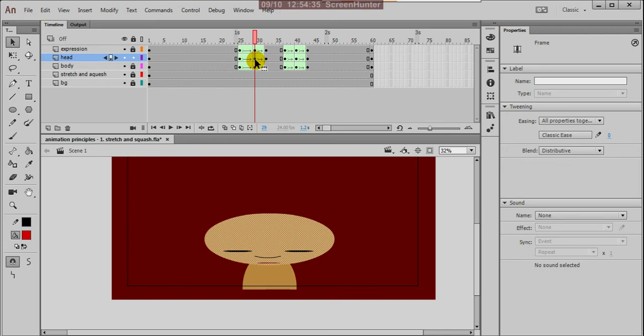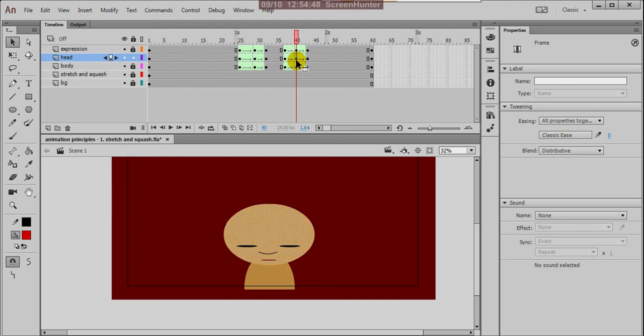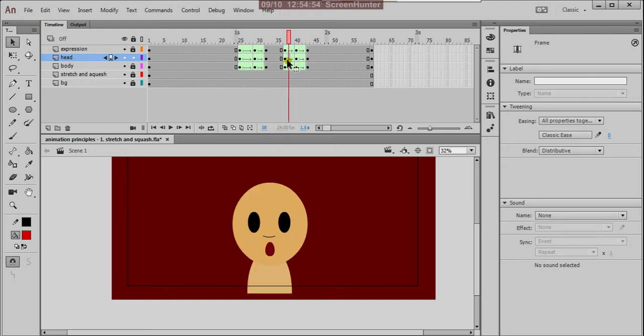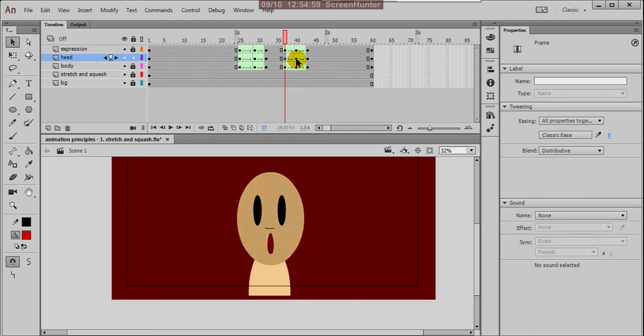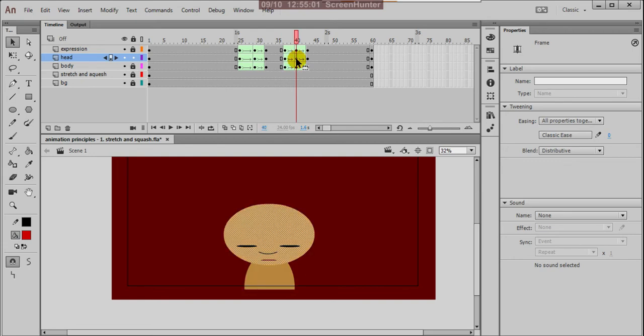That too is anticipation. For here, this is also reaction. So here to here, here to here, it is reaction.